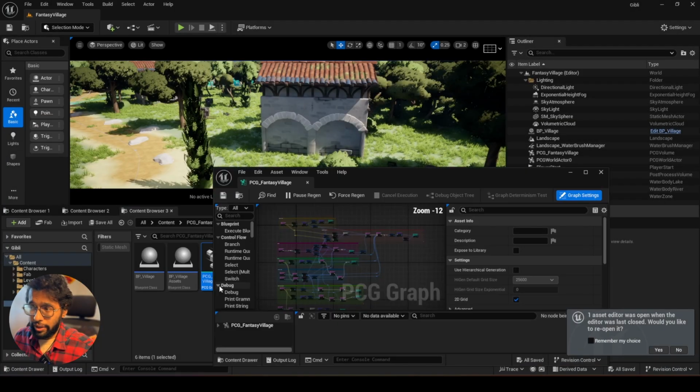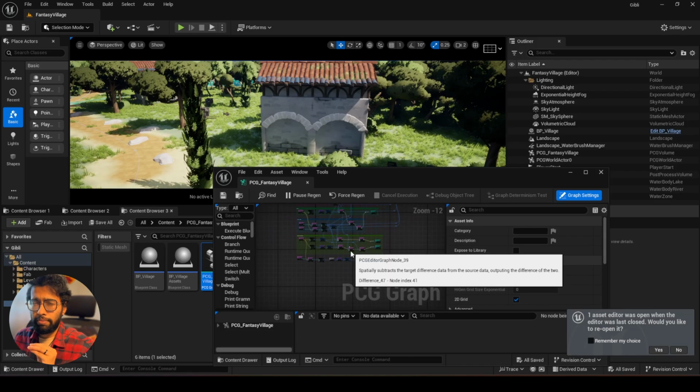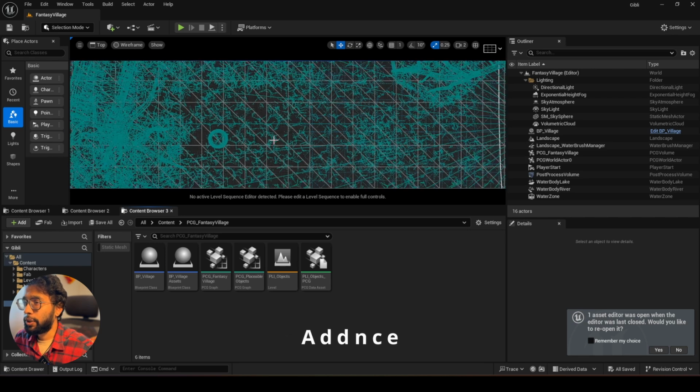Now the last part of our graph, we have a nice setup right here, but the last few additions here and there to make it more realistic is adding a fence to a few of the houses. Let me quickly show you how to do that, because this is just additional knowledge that you will be having. So just head over to the perspective view and head to the top view right here,